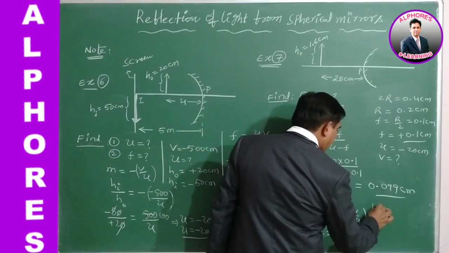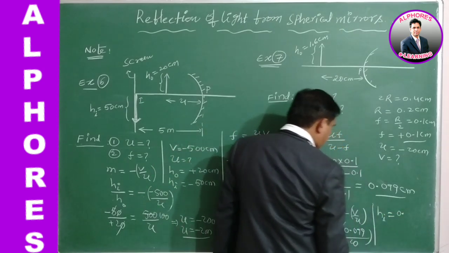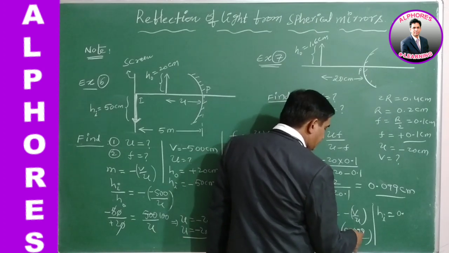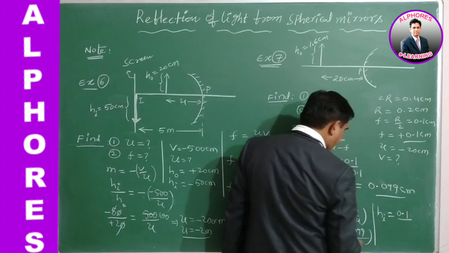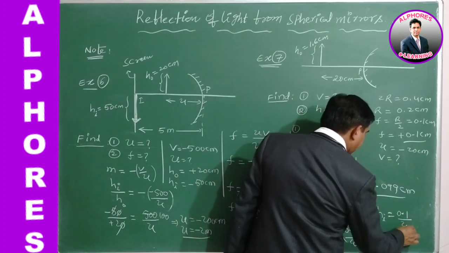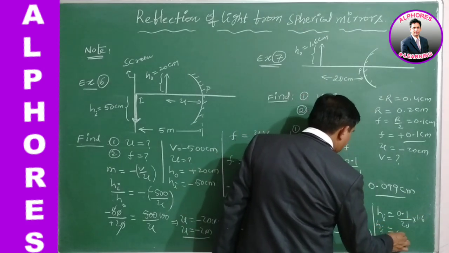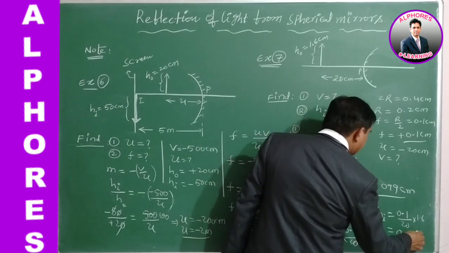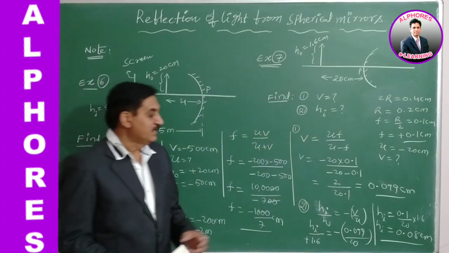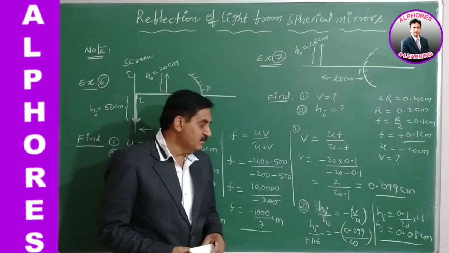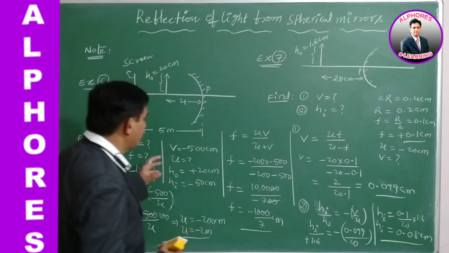Right? So, hi is equal to, take this side, 0.1 by 0.1 by, so I am rounding this, 20 into 1.6. So, you can simplify that, 0.08 something. If you simplify that, you will get it. So, the height of the image is obtained as 0.08 centimeters. So, this is the way to solve the problem.